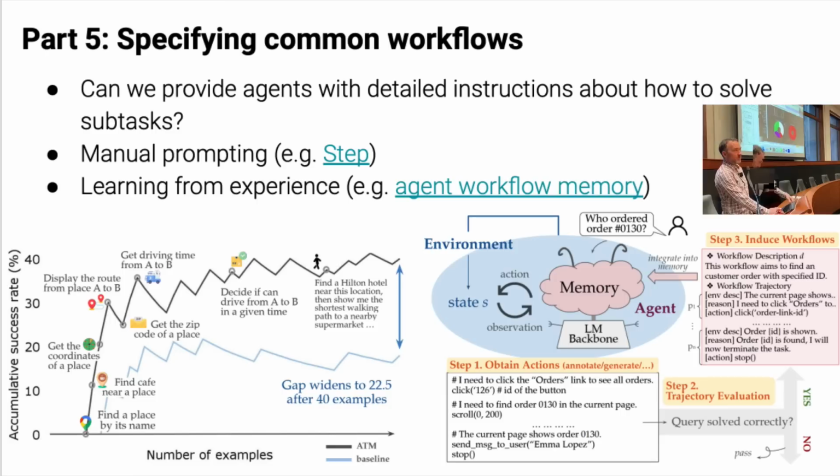I'll explain the two curves. Basically the baseline is just an agent that does it from scratch every time. And this curve up here is agent workflow memory, where it's adding the successful experiences back into the prompt. Why is this improving? Because it failed on the first few examples, and for the average to catch up, it took a little bit of time. So it's not actually improving; you could view this one as constant, and this one as improving like this. Basically, you can see it's continuing to go up.